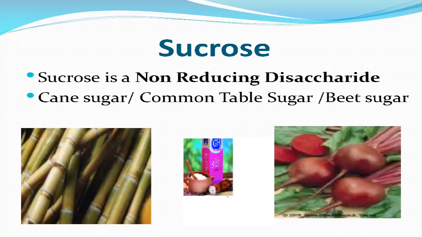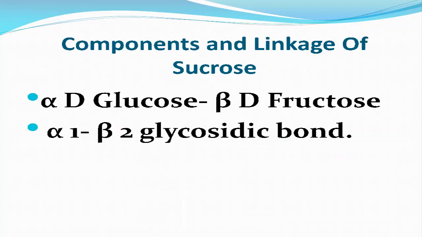The next one is sucrose. We have discussed it is a non-reducing disaccharide. It is called the cane sugar, the common sugar we use. It is formed by one glucose and one fructose. The components are alpha D glucose and beta D fructose, and the bond is,